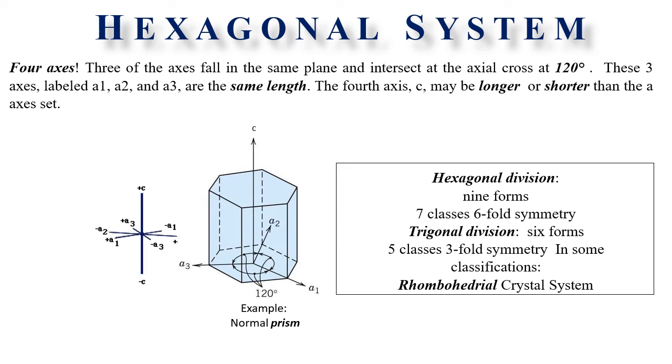The next crystal system is the hexagonal system. The hexagonal system contains those crystals that can be referred to 4 axes: 3 equal horizontal axes making angles of 120 degrees with each other, and 1 vertical axis perpendicular to the plane containing these horizontal axes. The axial nomenclature can be done such that the 3 horizontal axes are lettered A1, A2, A3, and the vertical axis C. Note the positions of the positive ends of the horizontal axes: the positive and negative ends of these axes alternate.